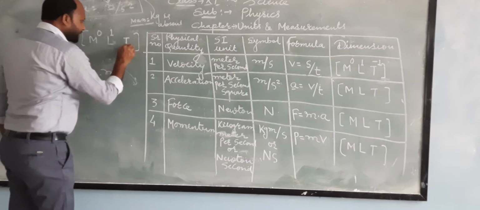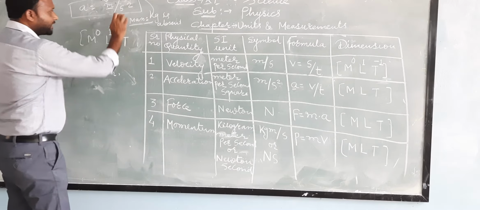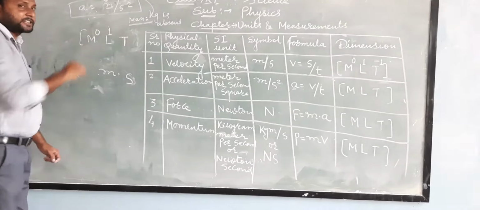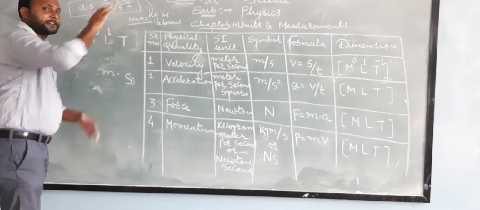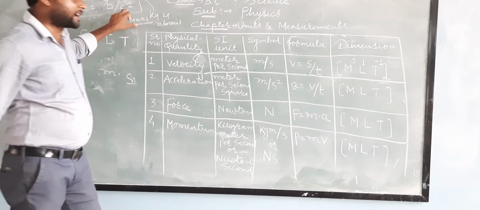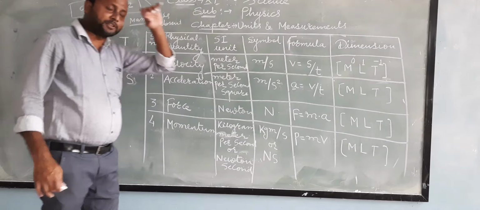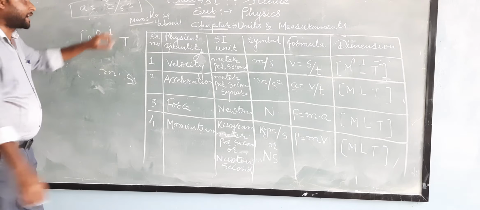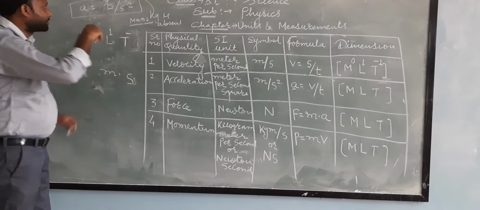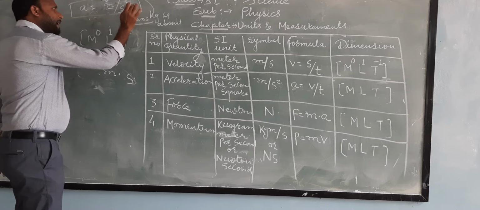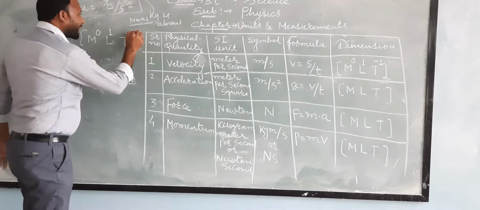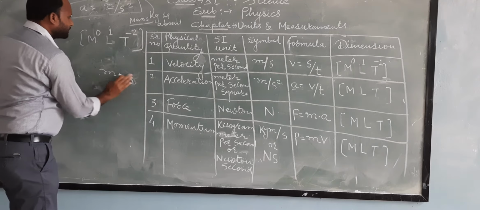Now T stands for time, in seconds, and the SI unit of time is second. And here second is present, but it is present in the denominator. ये अभी सेकंड जो है वो डिनोमिनेटर में है, और मैंने आपको पहले ही बता दिया वेलोसिटी के डायमेंशन में, कि अगर कोई टर्म डिनोमिनेटर में आता है तो सबसे पहले आप माइनस साइन लो. तो हमने यहाँ पे माइनस साइन ले लिया है. अब सेकंड के पावर में जो टर्म यहाँ पे दी है वो है 2. सो देयरफॉर राइट 2 इन द पावर ऑफ T.